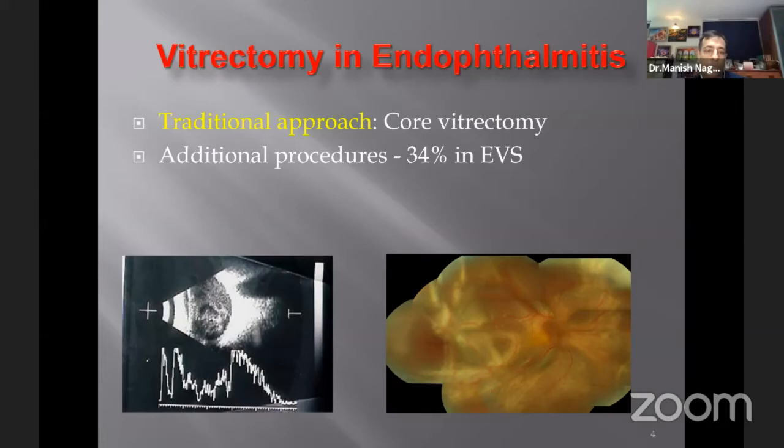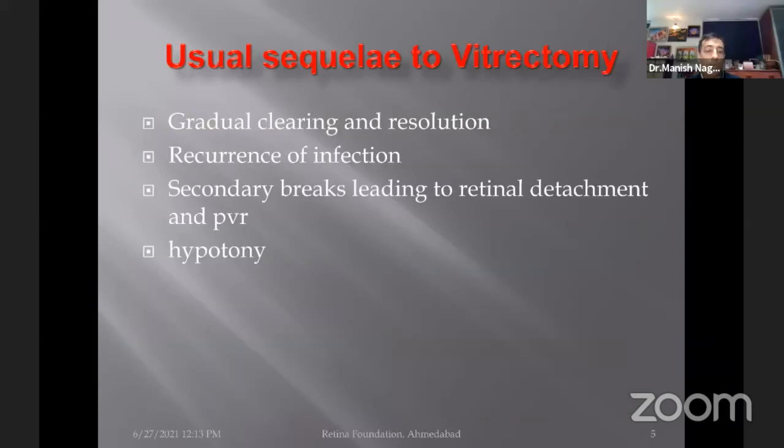So the traditional approach for vitrectomy... But look at the EVS, there is also a mention of additional procedures. You do a core vitrectomy, and after, in the follow-up, you may be dealing with a lot of situations such as a recurrence of infection, secondary breaks, which might have led to detachment, PVR, or a gross hypotony. And then there is management for those kinds of situations also. So that's an aspect which we don't usually look at in the beginning when we are dealing with just doing a